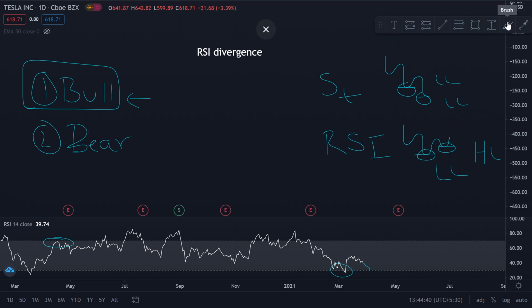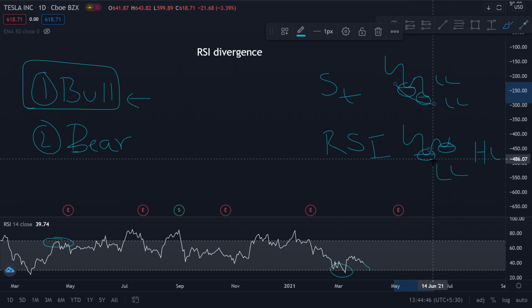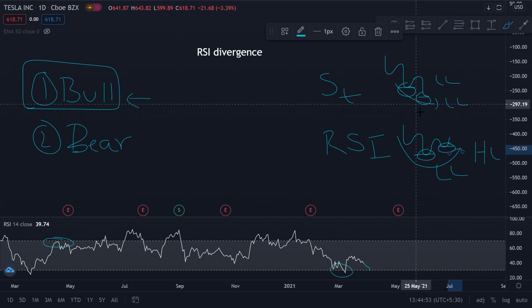What is a divergence? Divergence is basically two roads or two paths separating. So here this is still coming down, this is still coming down, but this came up and has turned around. It is going up now, even though the stock is coming down. So this difference in direction, these opposite directions, is what we call divergence. Right, so what does this signify to us?